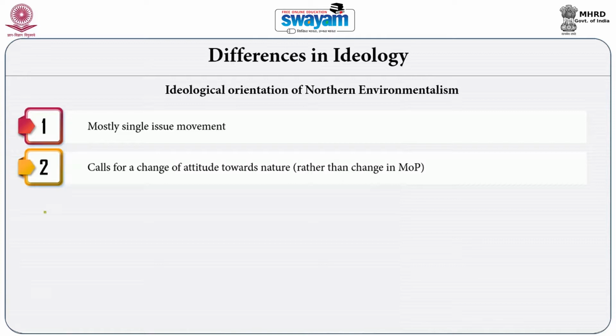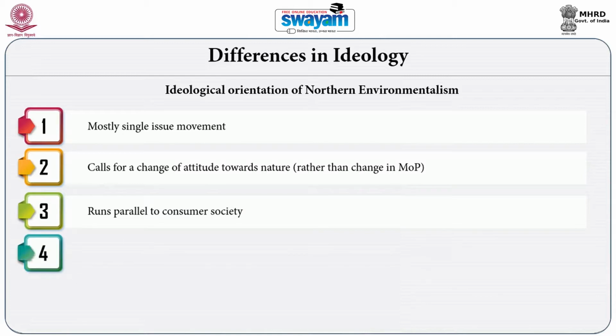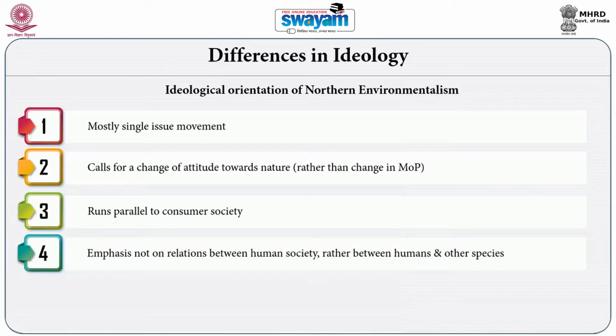So the consumeristic society or the industrial society is not considered problematic for this environmental degradation, or for these environmental concerns. The emphasis is not on the relationship within human society, but between nature and human society. Therefore, the central ideological orientation of environmental movements in the north is a better quality of life. The relationship is between nature and human society, because human society as a whole desires a better quality of life, or a better and safe environment.